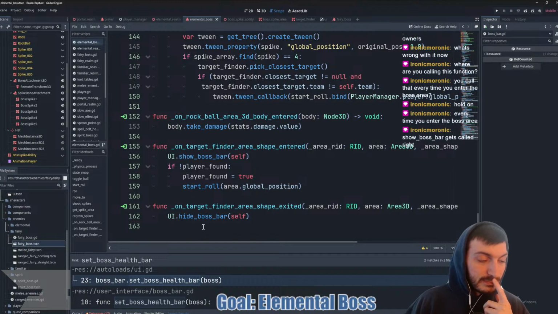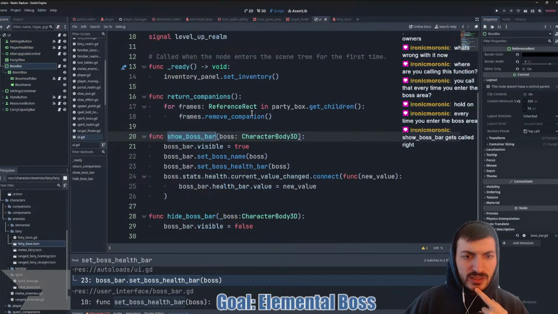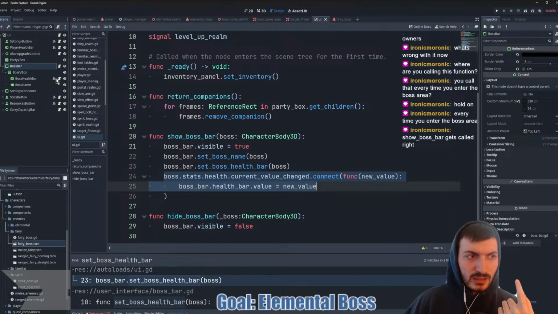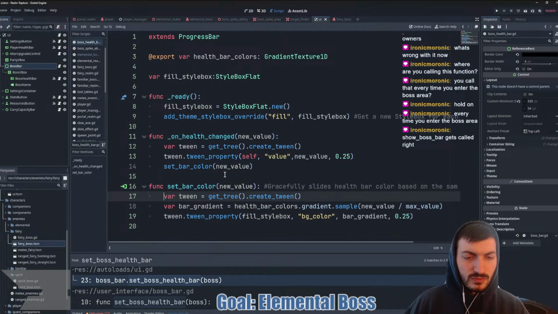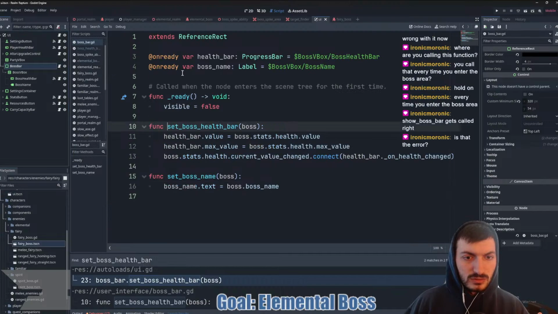Then it calls hide. Really, I don't think we want this line 24 and 25, because we have it connected in the bar itself on health value changed, which is called set boss health bar.